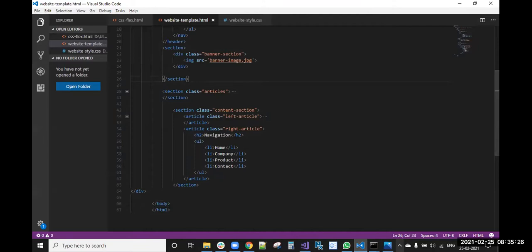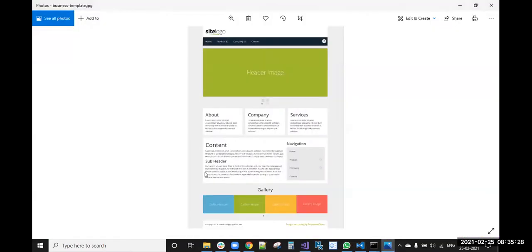Okay, and in the image we have developed up to here, right? Next, this gallery thing we will develop, this gallery and this bottom footer. This is the header, this is the footer. So now we'll write for